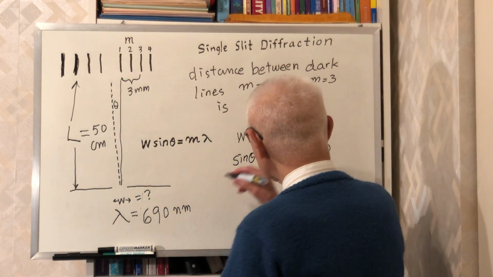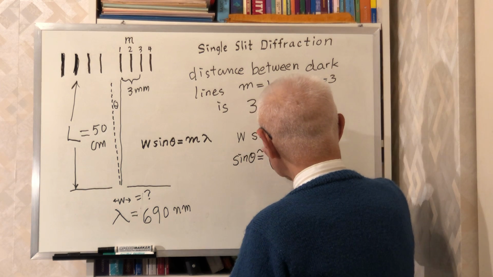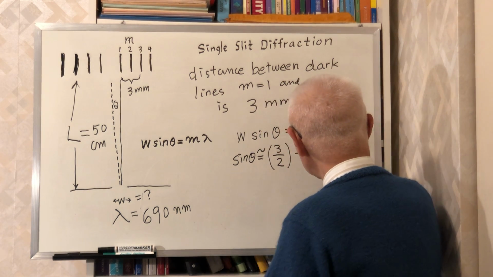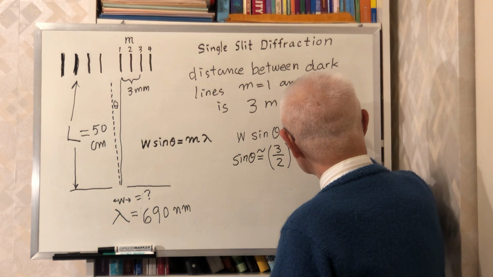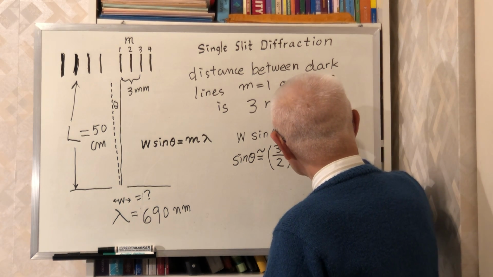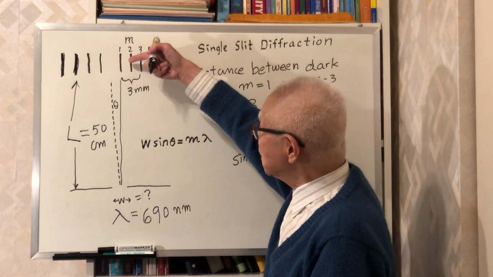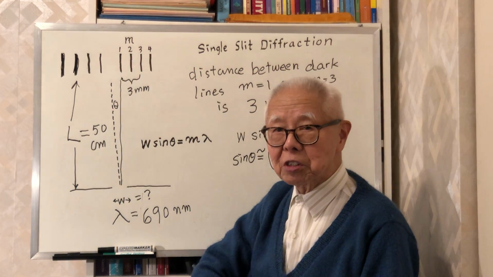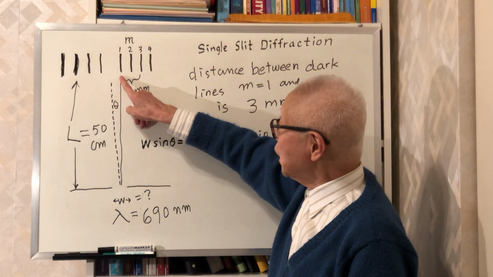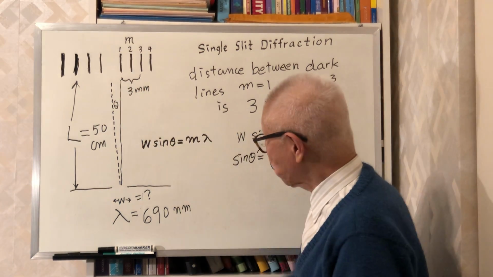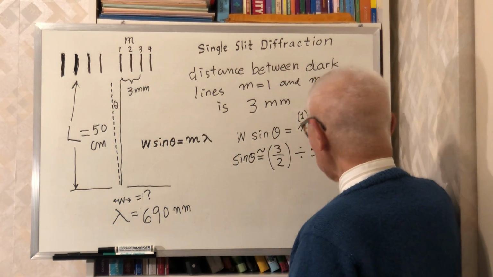W is, I don't know. M is 1, because I'm using this dark line to find the theta. Therefore, m is 1. Lambda is